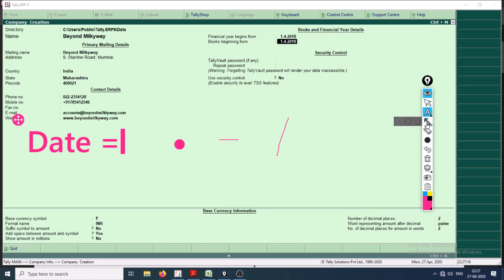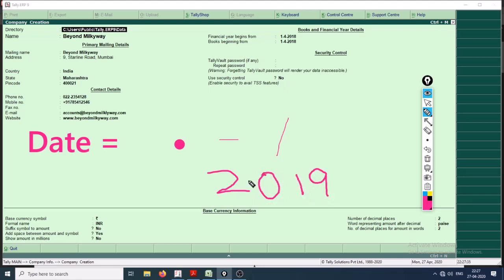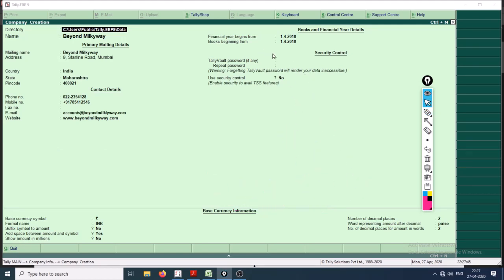Also, if you want to skip the 20 part of any year, whenever you want to write 2019, you can choose to not write 20 and just write 19. It will automatically accept. So I'll show you right here, 1/4/18 and enter.